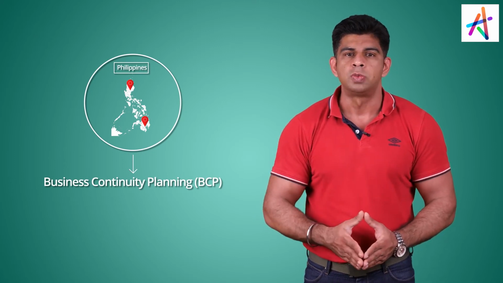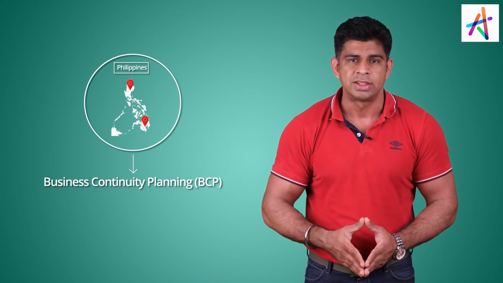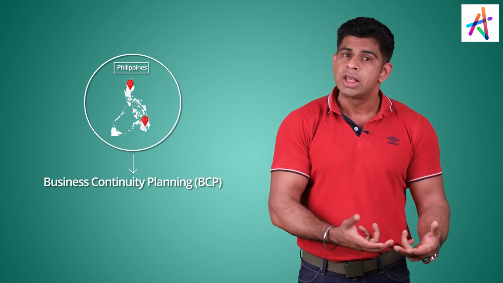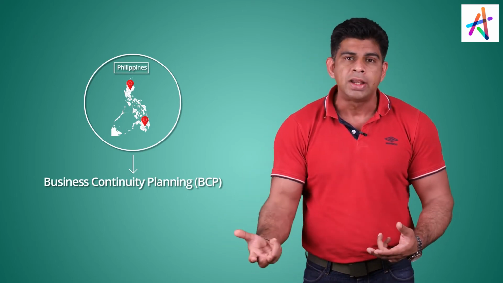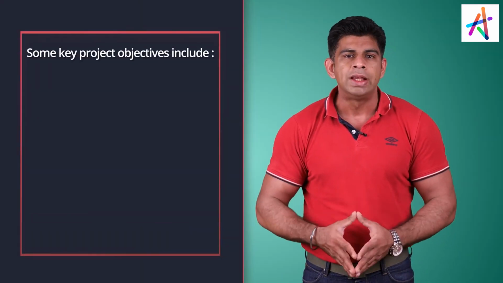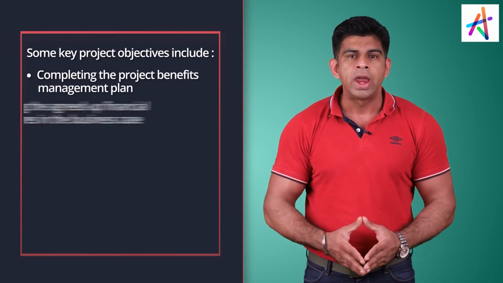It's your organization's policy, which is one of the factors which might impact your project success as well, right? Policy might impact in this way as well, that it is increasing the predictability of the project by taking care of the BCP situation. Some key project objectives generally include completing the project benefits management plan,